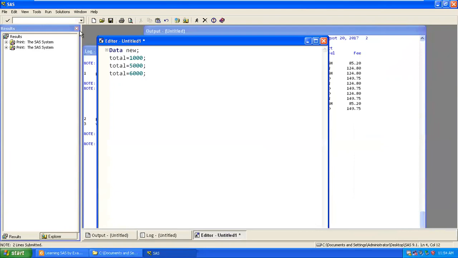Now the question is what output I'll get if I run this program. How many records? It will read only 6,000. Only 6,000 will come.